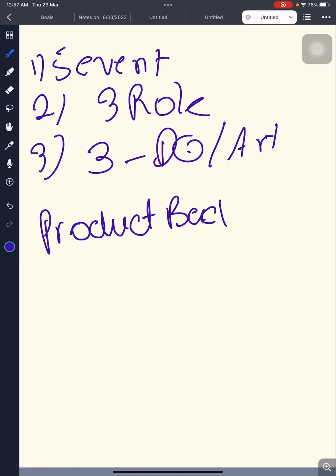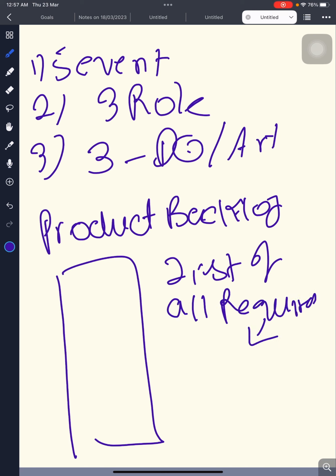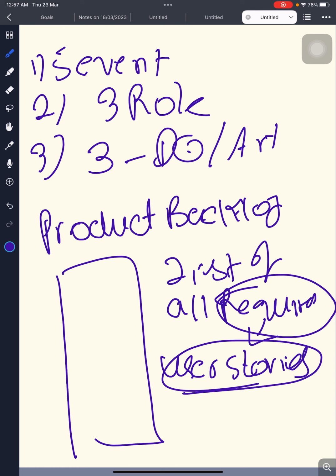Product backlog. It's nothing but a list of all requirements, which are called user stories. Requirements are called user stories in Scrum. So the product backlog is a prioritized